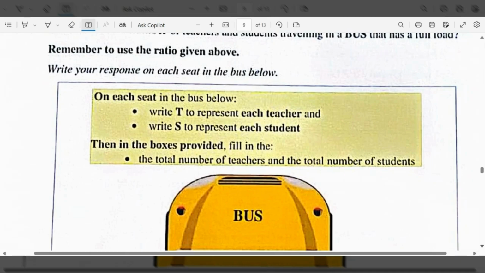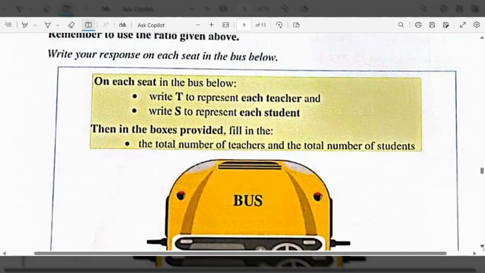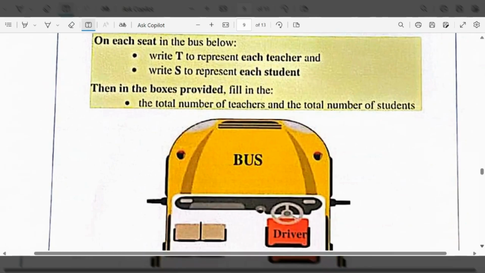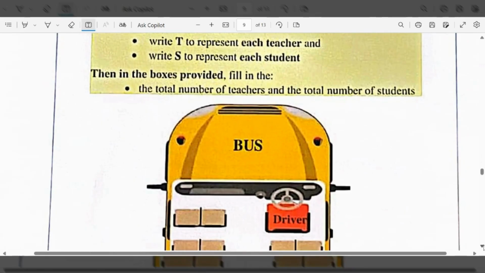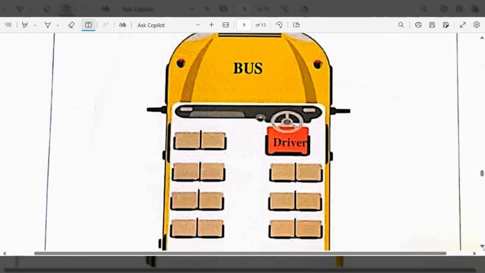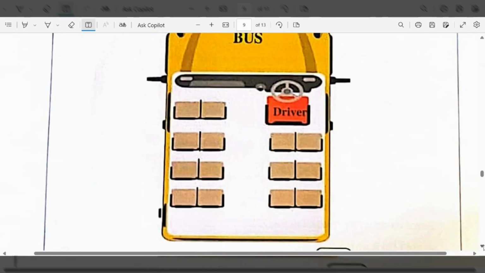So on each seat in the bus below, write T to represent each of the teachers and S to represent each of the students. Then in the box provided, fill in the total number of teachers and the total number of students. So because it's a 1 to 6 ratio and there are 14 passengers, we can say,